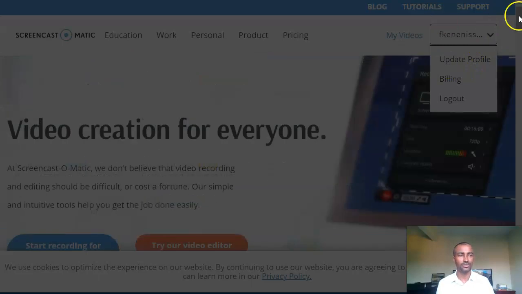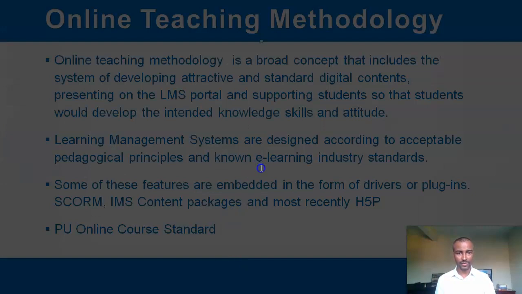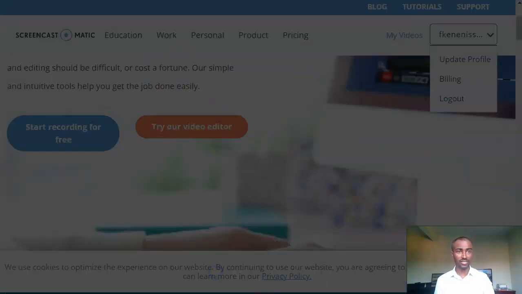And after you do that, just go and start recording for free. If you would like to try, you can just record for free, but you don't get every feature. If you pay, you will have every feature. If you don't pay, you get at least the basic features. So you can just play and start recording. Because I'm already recording, I'm not going to start it because it would mess up my recording right now. So H5P is also a technology which helps us to design courses if you like, but they charge you some money,